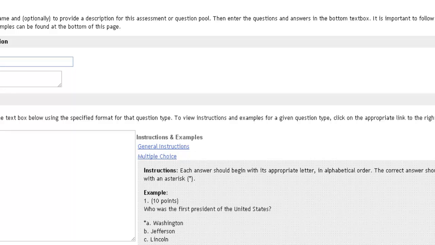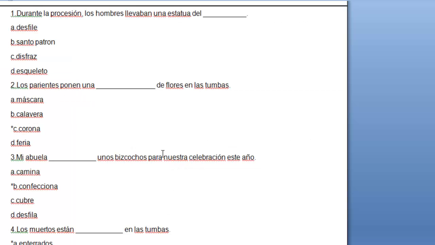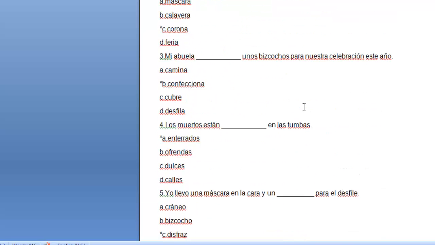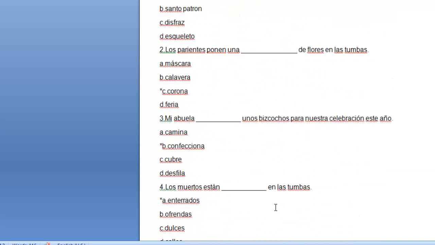So let's go back over. Here are my 7 questions, and I have put the asterisk in front of the correct answers for all of them except the first one. Number 1 says, during the procession, men carry a statue of the patron saint. So, patron saint's the correct answer. I add an asterisk,